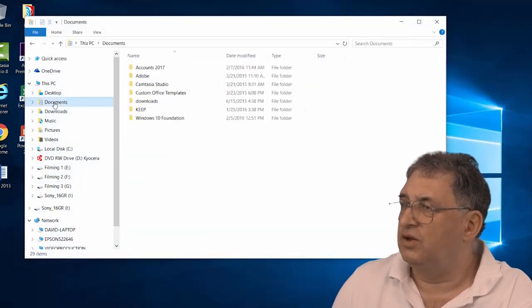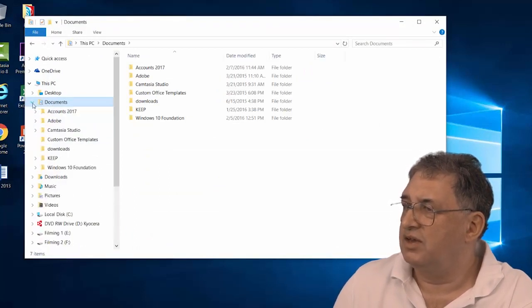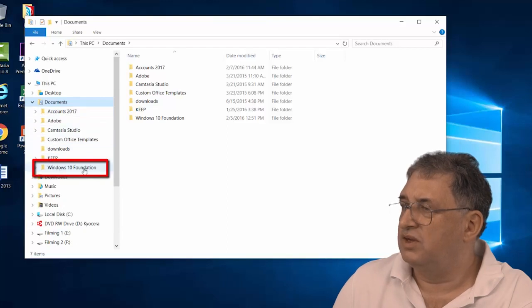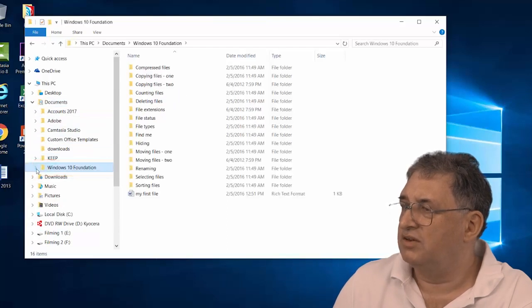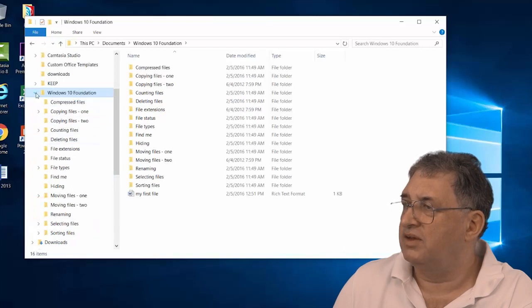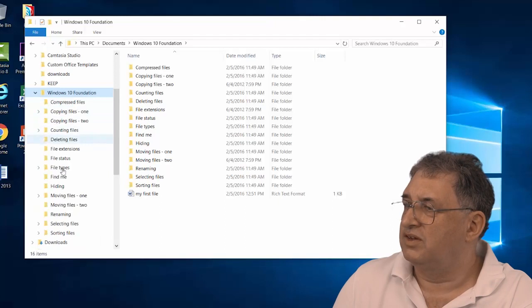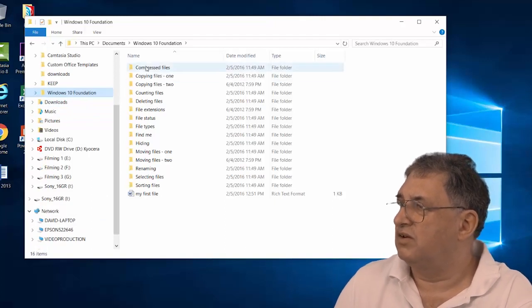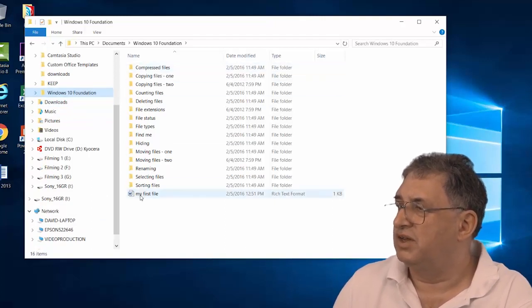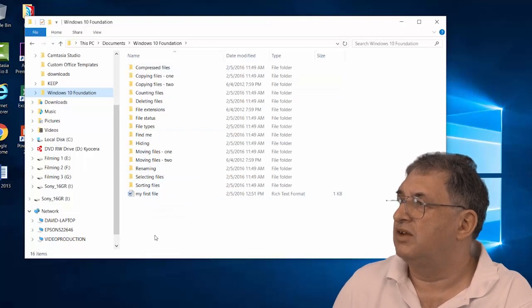So if I go to where it says Documents, and then underneath Documents, if I click on this arrow here, you'll see I've got something called Windows 10 Foundation. If I click on that, and then click there to expand that, you notice this expands and contracts. So you can toggle like that. So this is the Windows 10 Foundation folder. If I click there, you can see subfolders underneath it, some of which have subfolders within the subfolders. If I click there, it just contracts, and over here I've got the various folders within the Windows 10 Foundation